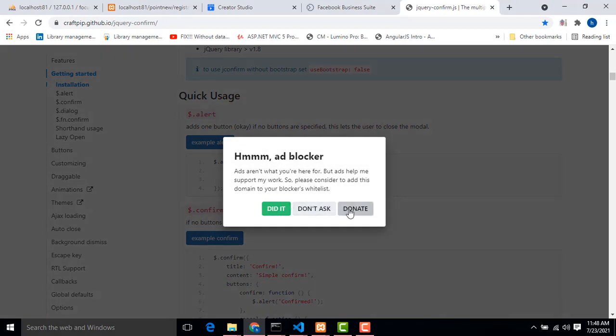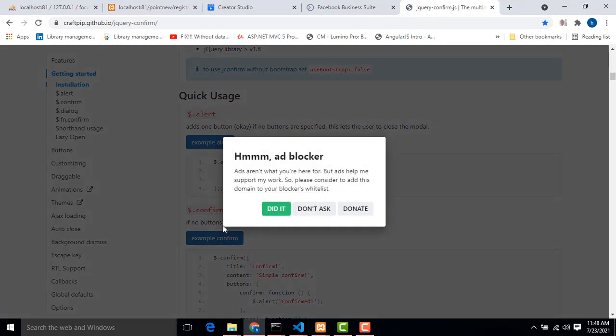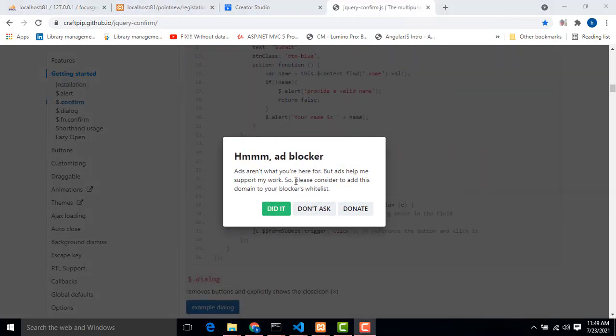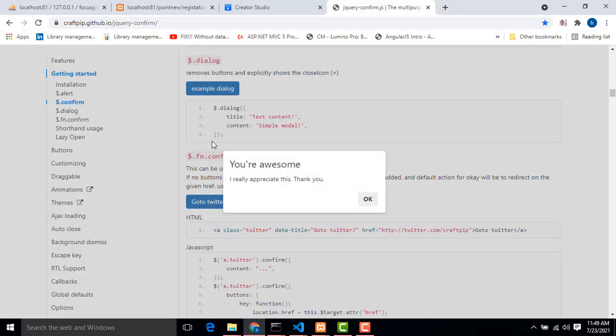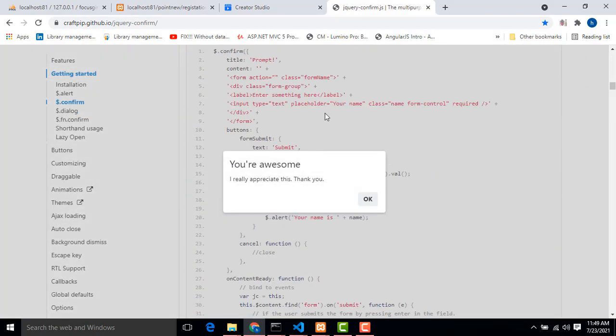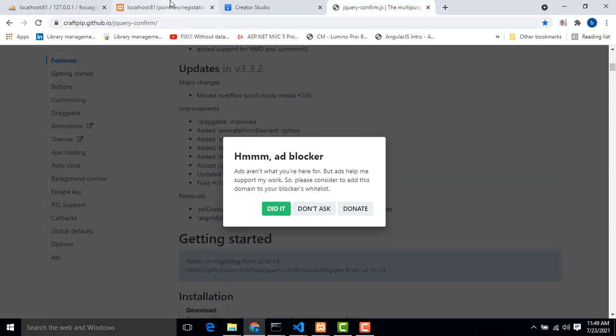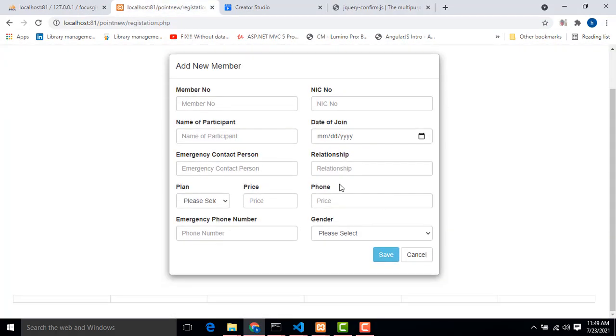If you go there, you can see the alert message. Here you can see all the things, right? The example dialog, all the things are there. You can get a nice looking message box.